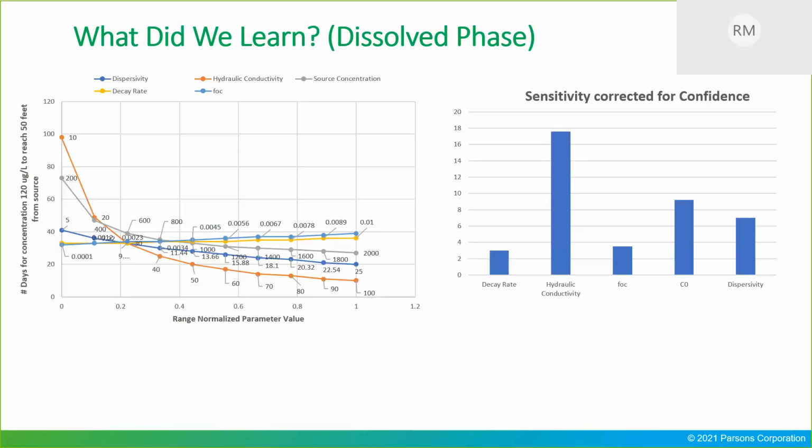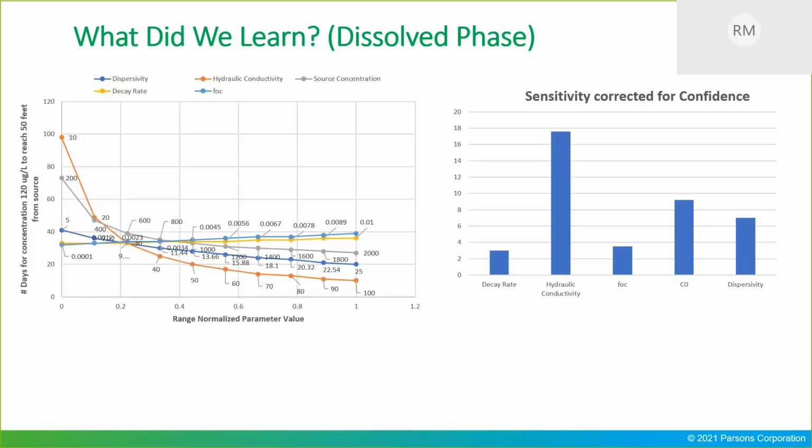Similarly, for decay rate and FOC, we can see those are also the combined depletion metrics that have a key role. These are also key parameters that are really sensitive in terms of degradation or biodegradation. So on the right-hand side you can see the